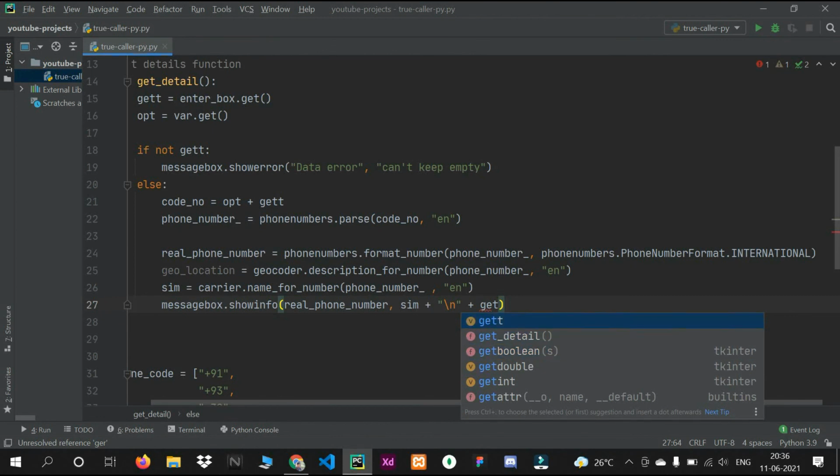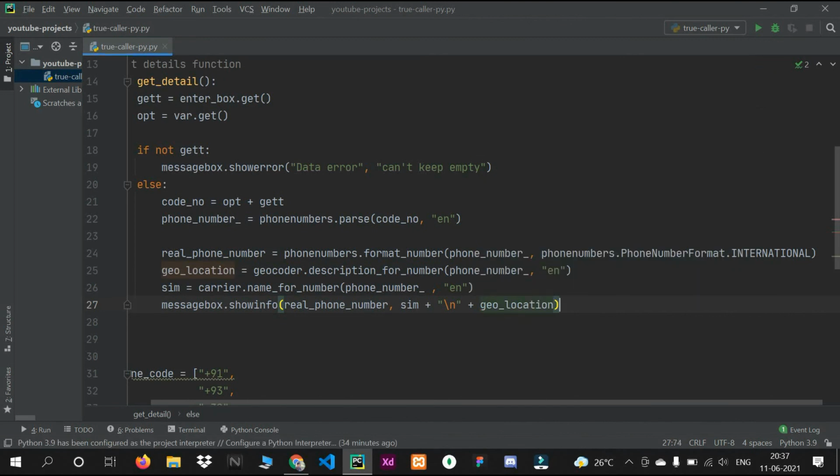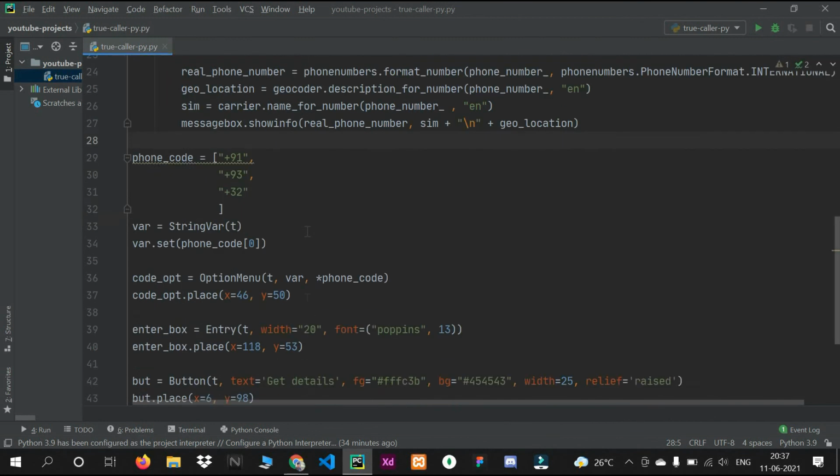So get geolocation. So this is our function. After writing the function, we have to use that function.